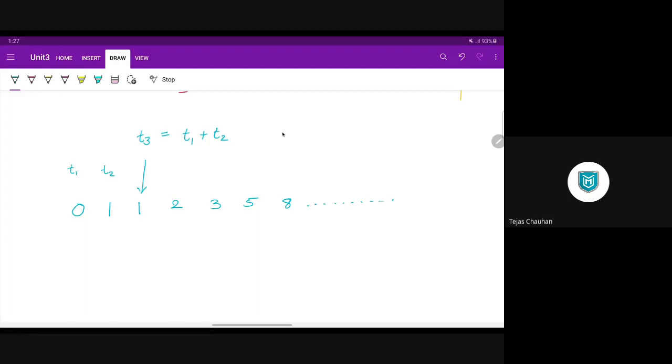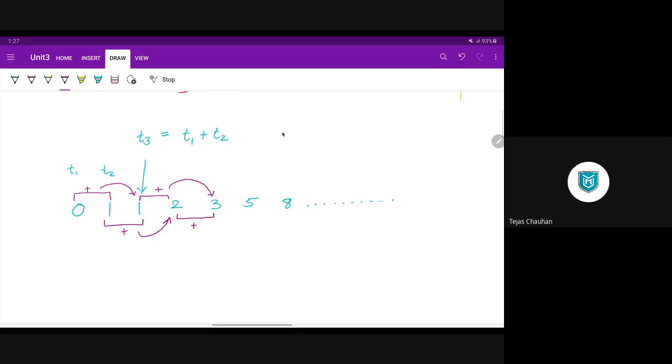So this is the series. Your third term is calculated by adding term 1 and term 2. You add these two, it gives you the third term. Again, you add these two, it gives you the next term.